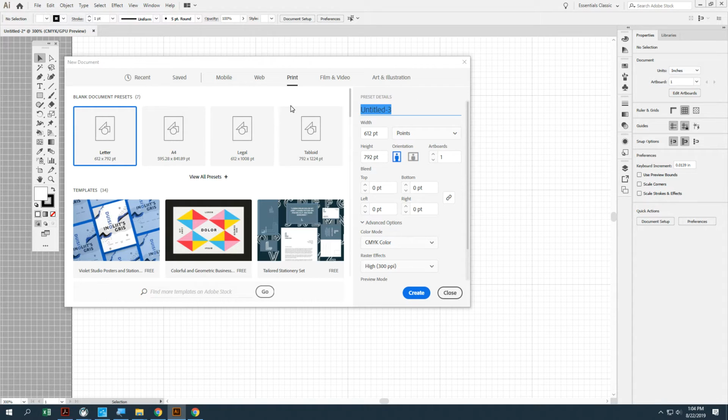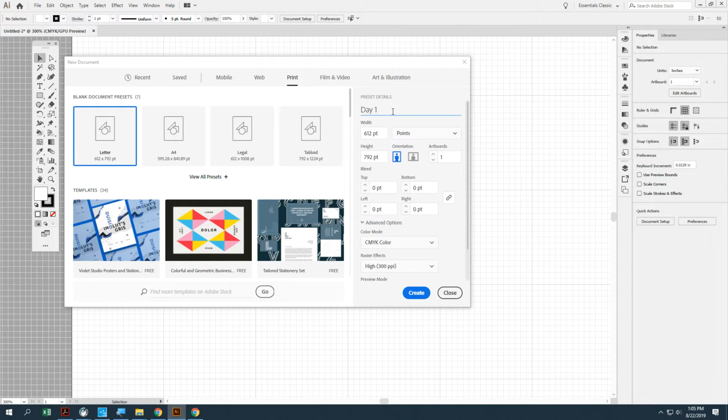Where it says preset right there, I always like to tell people to go in and just click print to start with. And then I like to go ahead and also assign a name right away, okay? A lot of us get in a habit of just clicking OK and not putting a file name in there. This is where we get in trouble, because if our computer crashes or we forget to save, it's going to save it as that. So if we give it a name like day